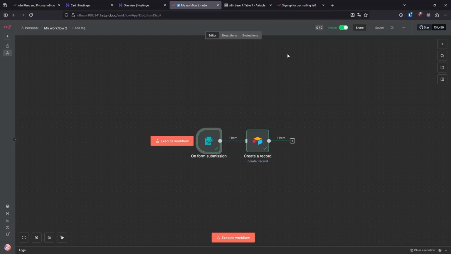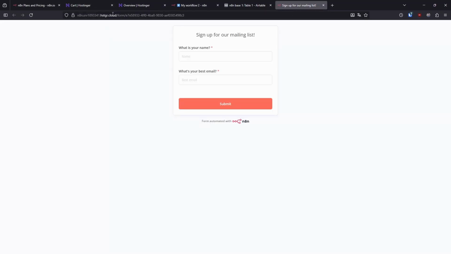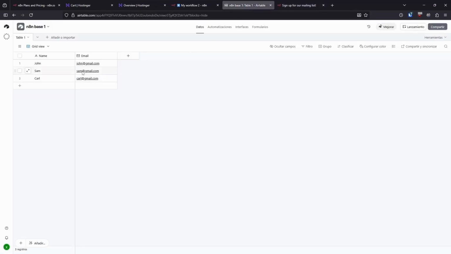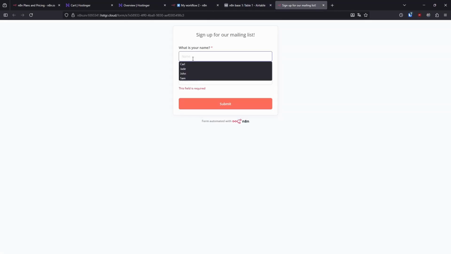I guess I needed to activate the workflow in order for this to work. But anyway, you can put it anywhere you want, and then they'll be able to type in their name and their email. This is just an example of what you could do. You can put any fields you want, but then once they fill it out and they submit, it'll put it over here. So let me give you an example. If I put in